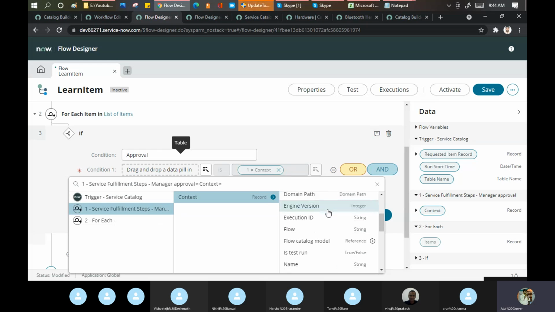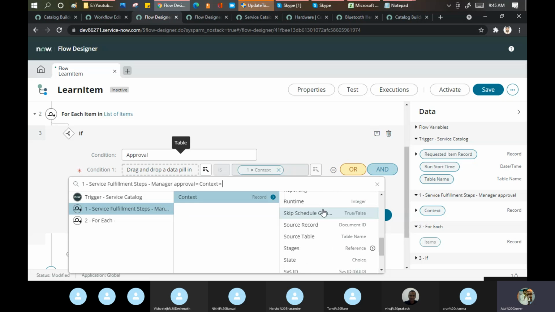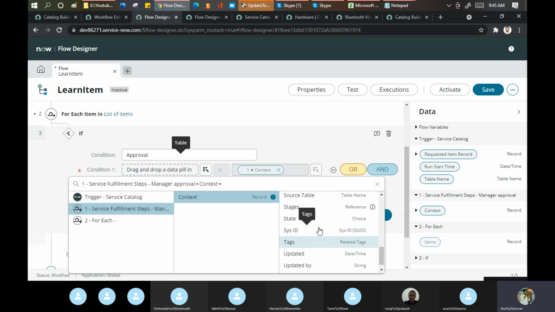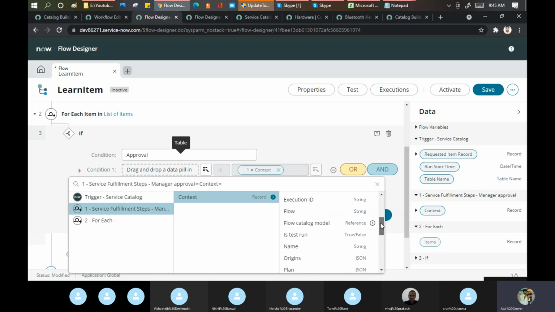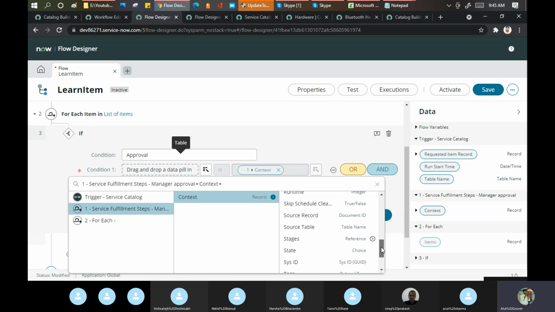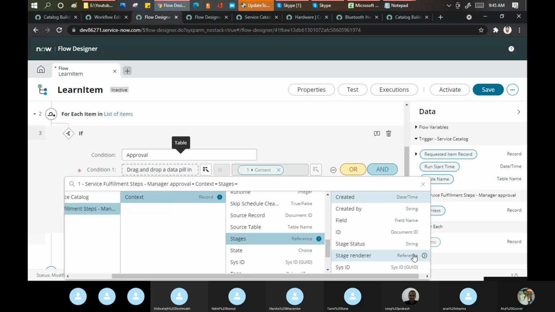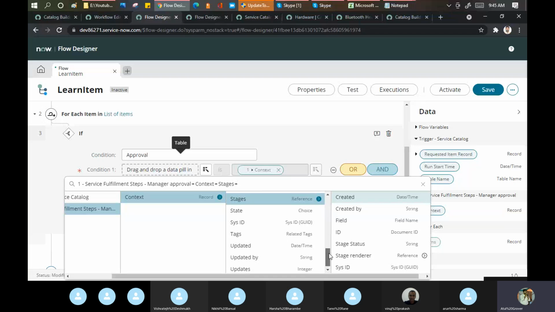Context, okay. Approval value, right? Maybe we can do this again on Monday, but I want to give you a little highlight of this part. Execution ID, flow reference model, is test run, no reporting, runtime, skip, source table, stages. What is it giving me?